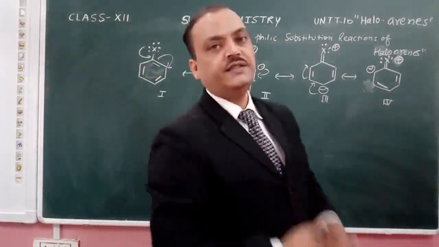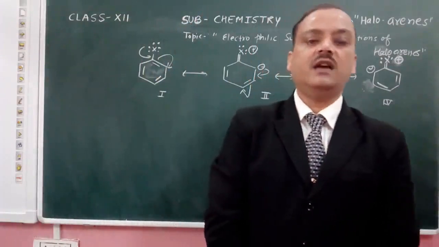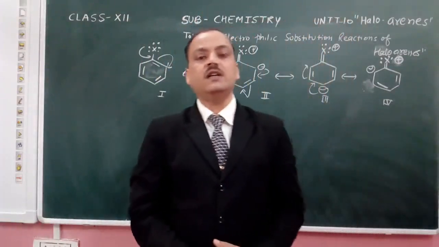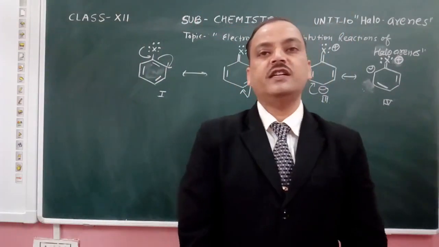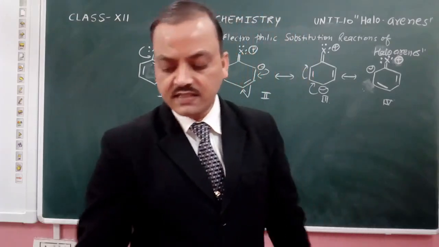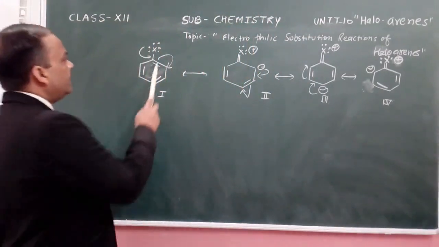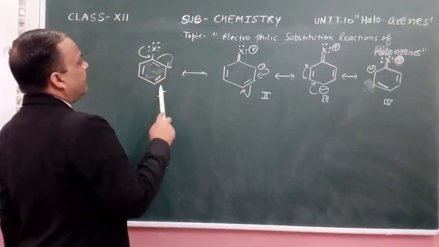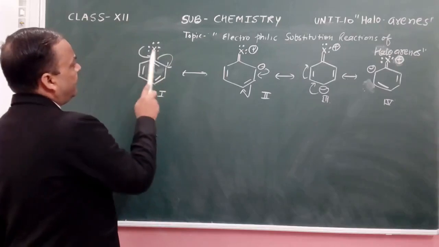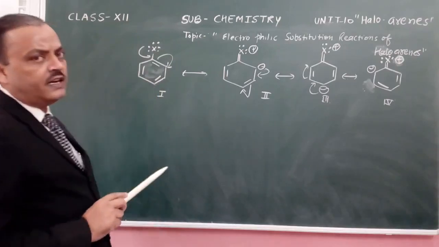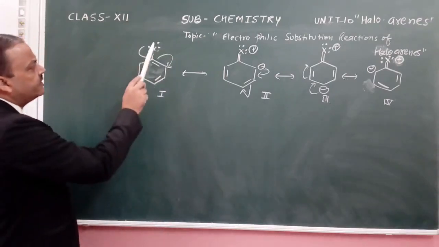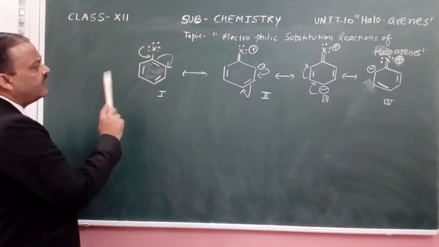Good morning, students. In this class, we are going to discuss the electrophilic substitution reactions of the haloarenes. Just try to understand the concept in this. This is the structure of aryl halide. In this aryl halide, a halogen is attached, and this halogen has a lone pair of electrons, and it